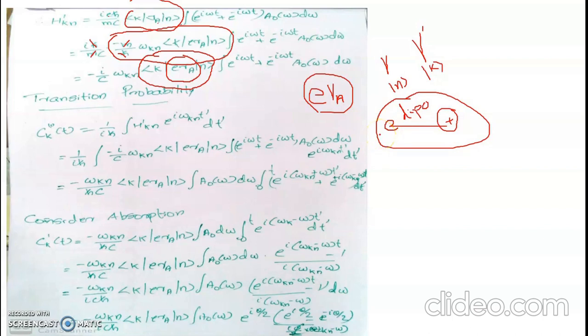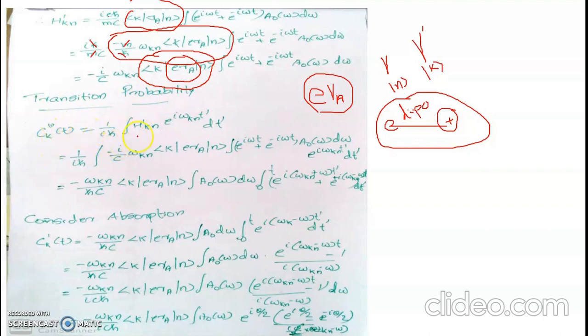As far as the radiation in the visible range is concerned, it will be identifying the material medium as an electric dipole, and hence this approximation is referred to as the electric dipole approximation. Now we will be evaluating the transition probability. It is of course the square of the amplitude of transition, that is Ck1 of t, which is equal to